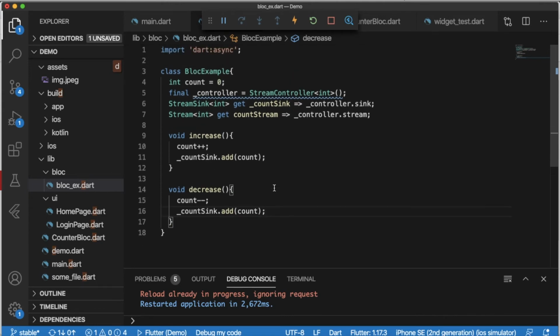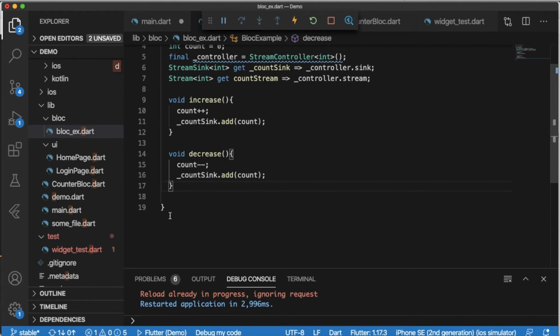Okay, and one more thing you can do, you can dispose this after completing the stream controller operation. We can dispose this controller. So I will create a method here with the name of dispose and I will close this controller.